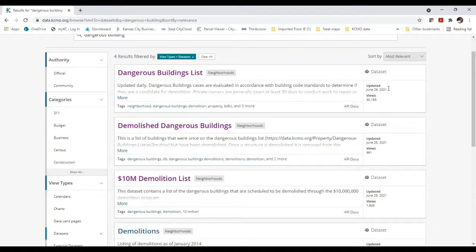Whereas up here, these are data sets that were updated today. So we do have a lot of data sets that are updated on a daily or regular basis. If something's updated regularly, that suggests maybe it is a key or authoritative data set. This also has a lot of views, so compared to the others, this suggests to me that this might be the one that I want to look at. So I'm going to go ahead and click on this,